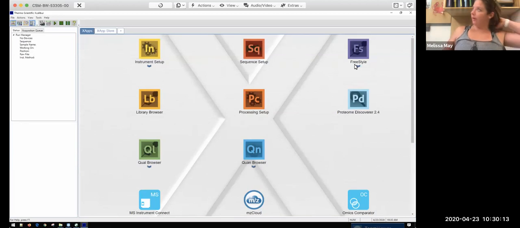You can go through and manipulate them. You can modify your spectra to remove background and increase your signal to noise so that you're getting prettier chromatographs and better quality data. The only thing that I